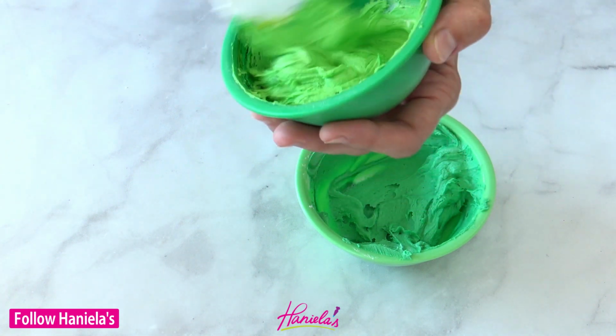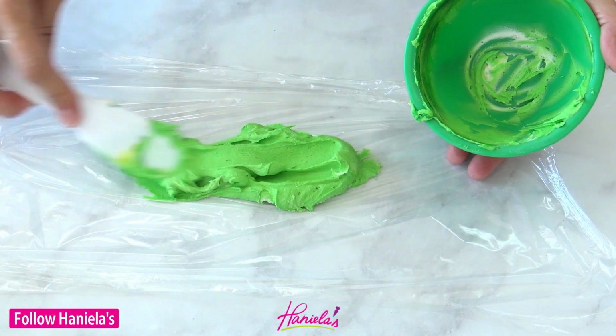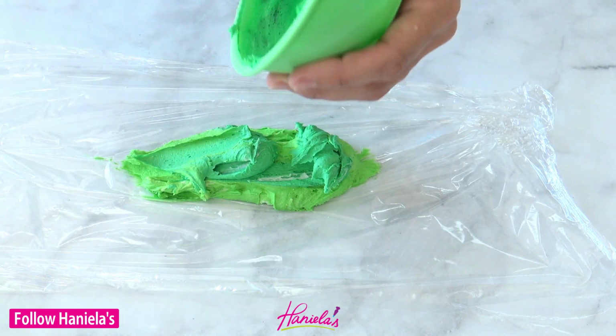Okay, so that's done, and what I'm gonna do now, I'm going to spread it onto the food wrap and then we're going to fit it into a piping bag. To make the lettuce